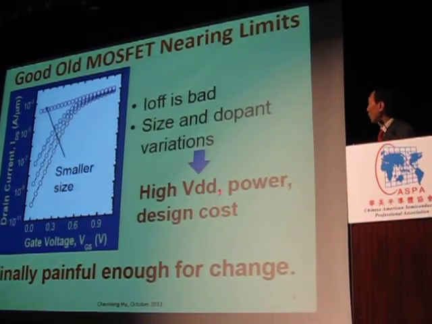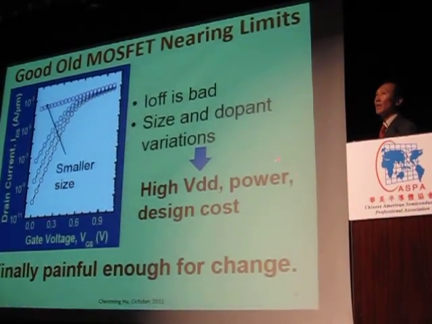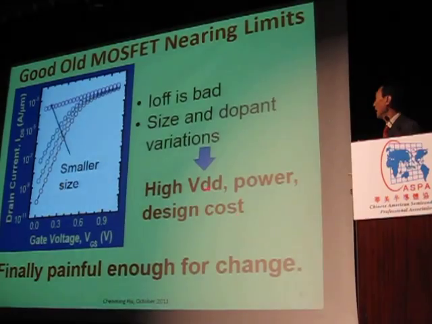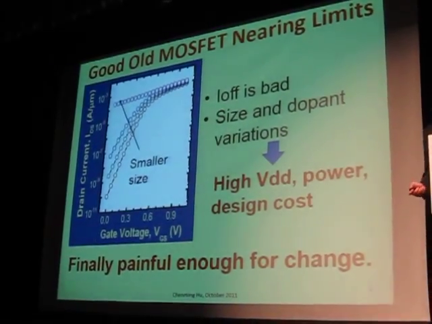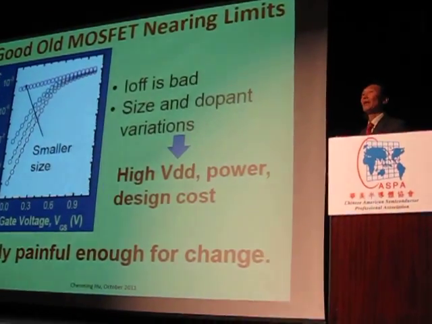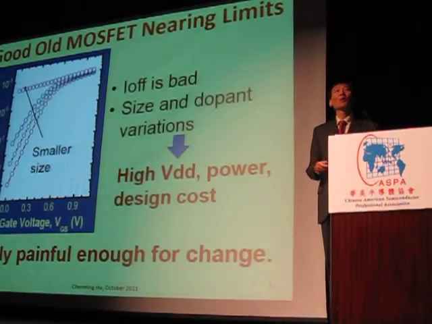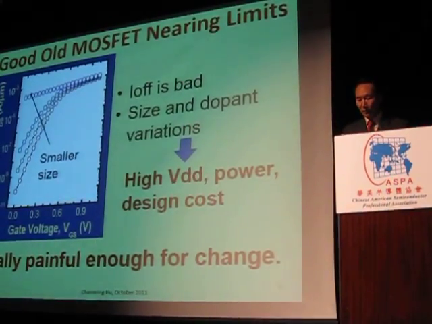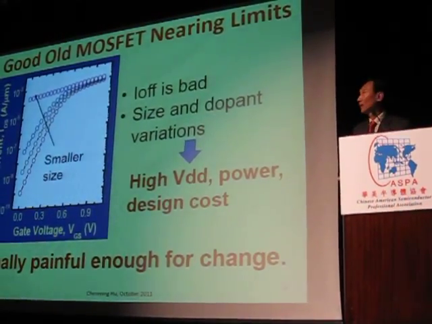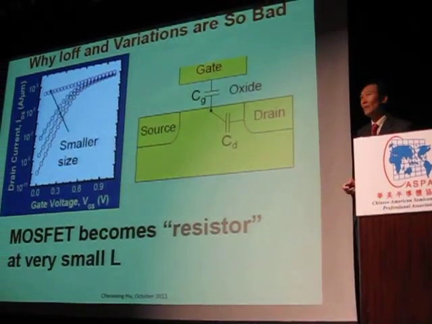And the result is that we're using higher voltage and paying the price of higher power and using high design costs to deal with this. So Intel is the first company to decide the pain is big enough, let's do something to go away from this problem that the conventional transistor cannot help us solve anymore. So that's